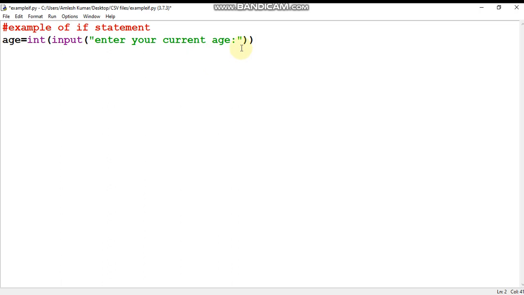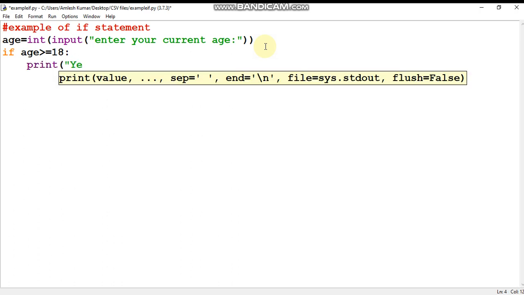We are just taking the value from the user, and here you want to check if it is greater than or equal to 18, then print "yes, you can cast the vote".